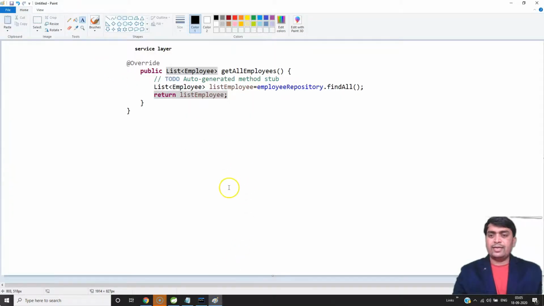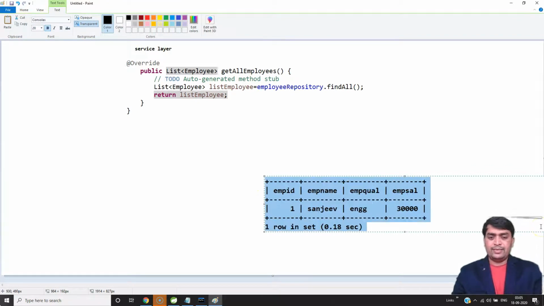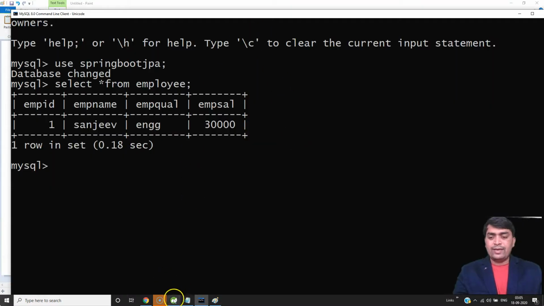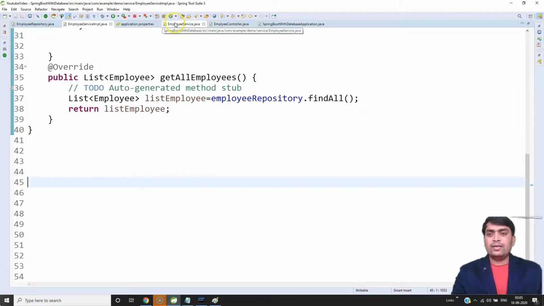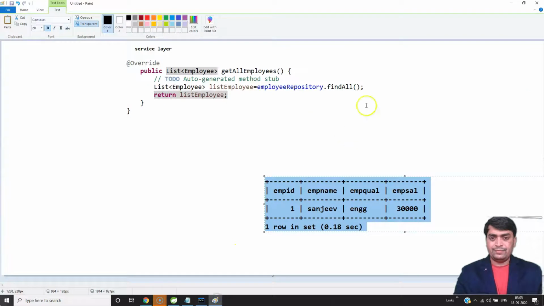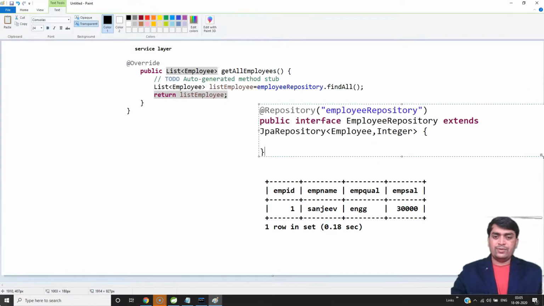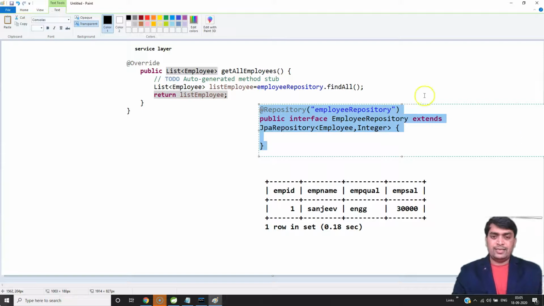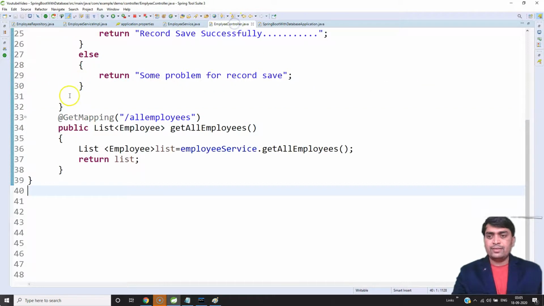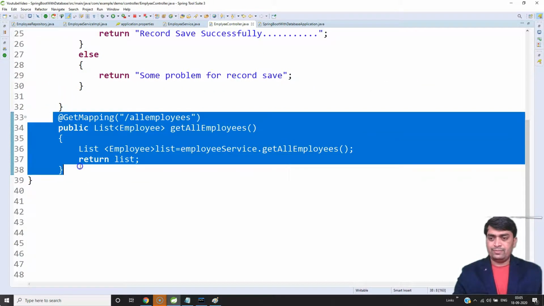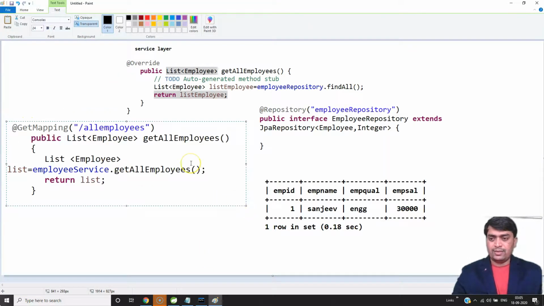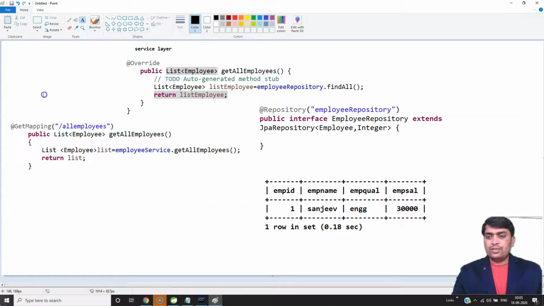Then, friends, this is your simple repository layer. And this is your controller.